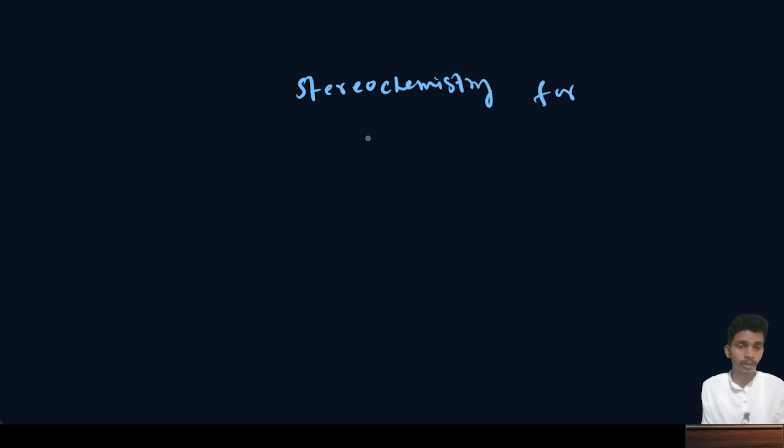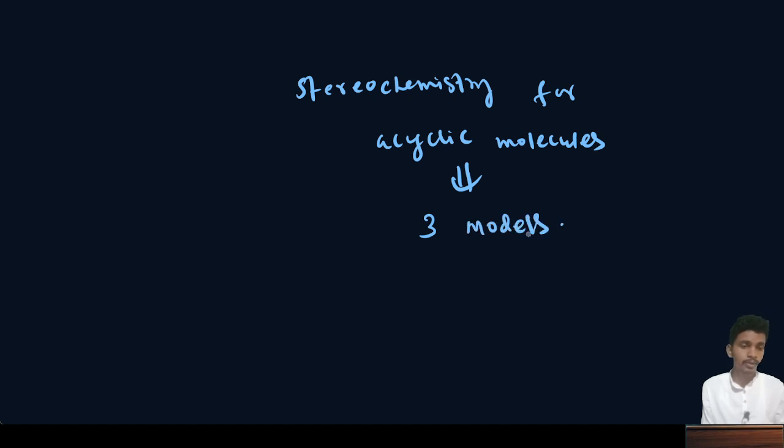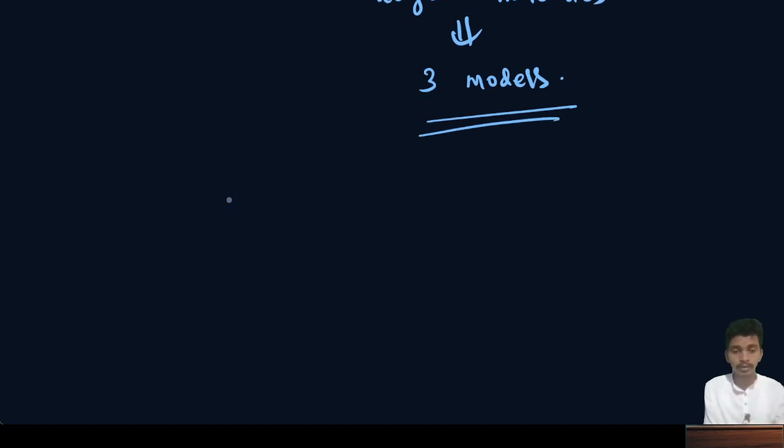Before solving the questions related to stereochemistry in acyclic molecules, if any reagents are there, for that we should know the three models for stereochemistry for acyclic molecules. We will discuss the importance of the three models. So what are the three models? After these three models, we'll say how the stereochemistry for acyclic molecules works. The first model is